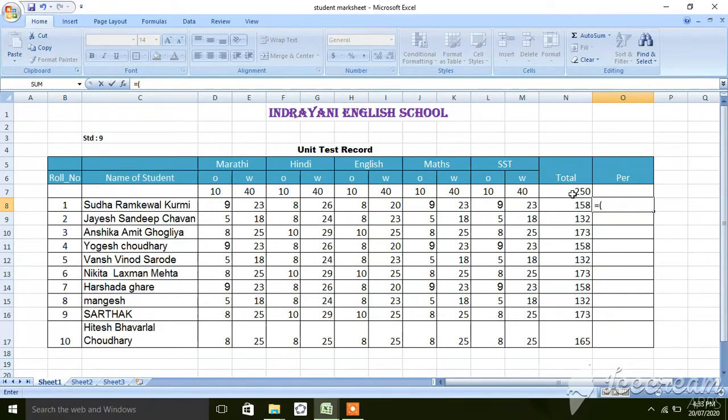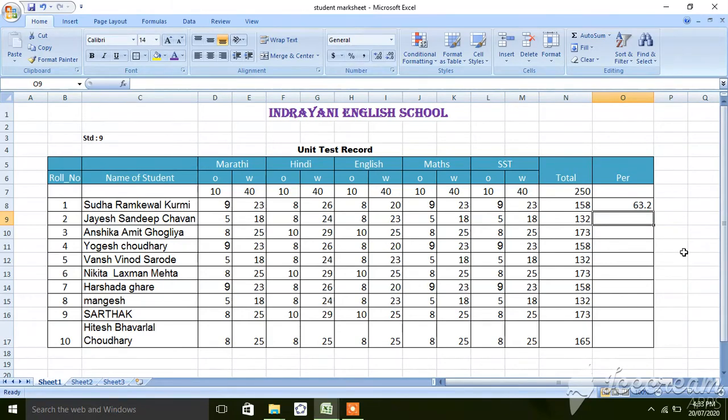So 158, the address of 158 is N8, multiply by 100, divided by total marks 250. Press enter. See, 63%.